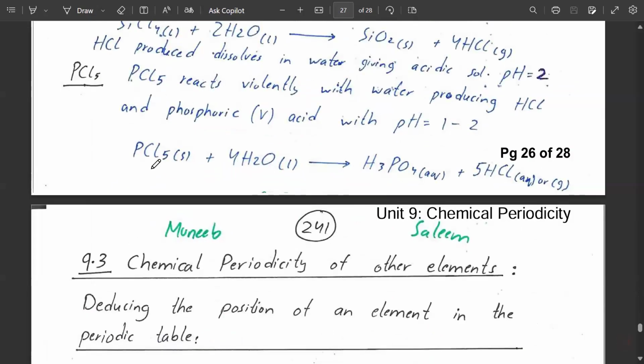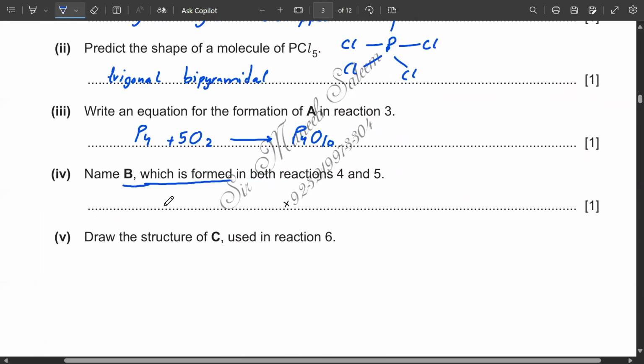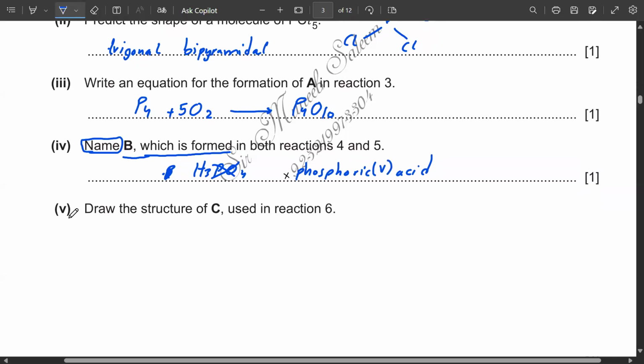Okay, you would be thinking that we need to write H3PO4 over here. No, that will be incorrect. That is wrong. We have to write the name. The question says write the name, which means we will put here the name, phosphoric acid. That's the name of this compound, which you should remember from your O-level knowledge. It is phosphoric acid. And in some cases, the 5 could also be written inside brackets. Now, part number 5,